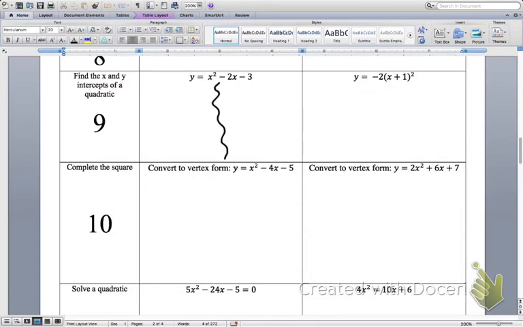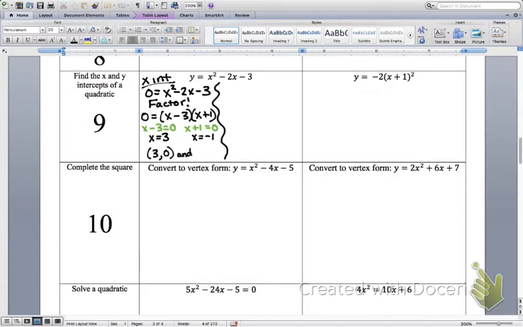So if we look at example 1, let's try to find the x-intercepts first. Again, in order to find the x-intercept, we plug in 0 for y. We end up with a quadratic equation, which is already set equal to 0, so all we need to do is factor that right side. Look for factors of -3 that add to -2. That gives us -3 and +1. Go ahead and solve, set each of those equal to 0, and we get x equals 3 and x equals -1. Because they're x-intercepts, we're going to write them as ordered pairs, so that means (3, 0) and (-1, 0)